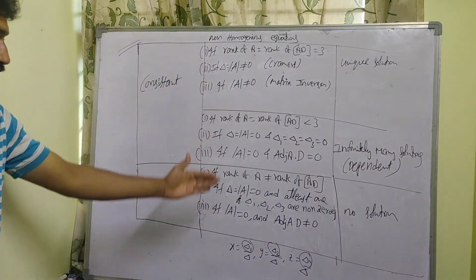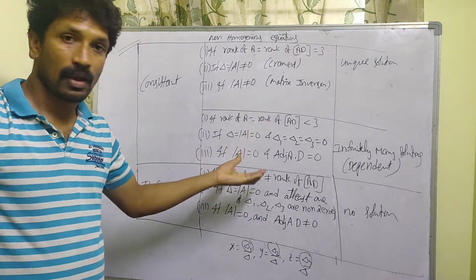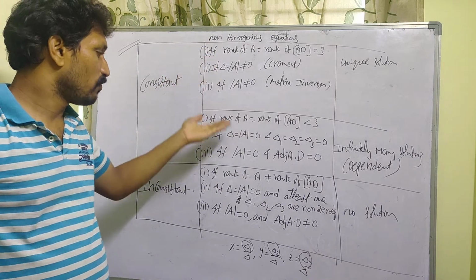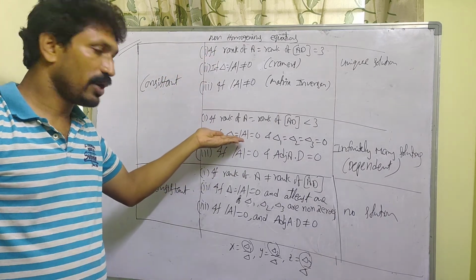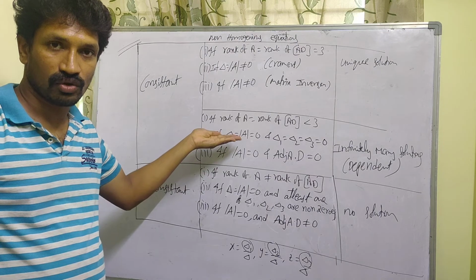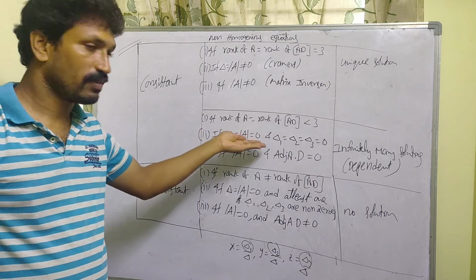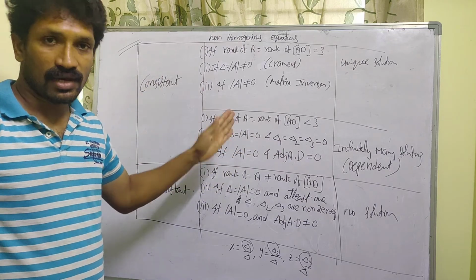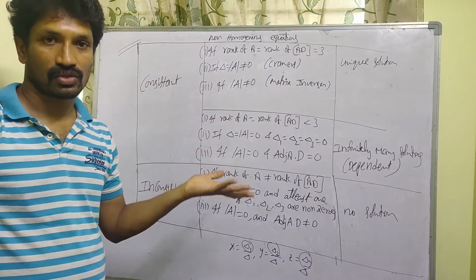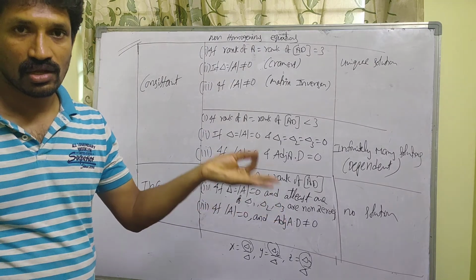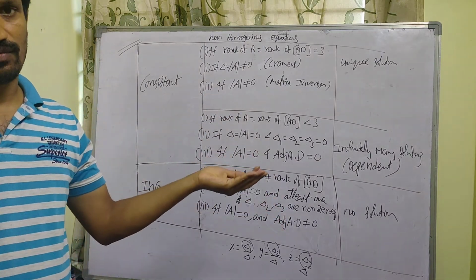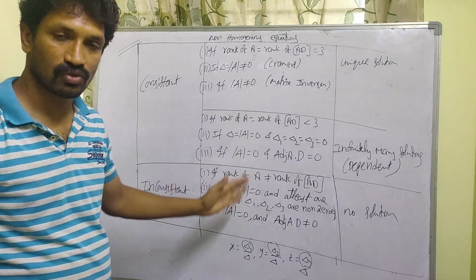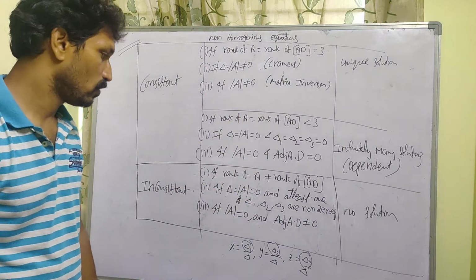Okay, this is very, very important. Sometimes they may ask you based on the concepts. If they give, for the given system of equations, determinant of coefficient matrix is equal to 0, and according to Cramer's method delta 1, delta 2, delta 3 are all zeros, then the number of solutions, they may ask you: one unique solution, infinitely many solutions, no solution, or none of these. So like that they may ask you based on the concept. So these are very, very useful to you. Okay, please copy it.